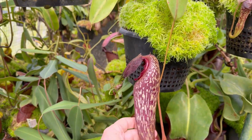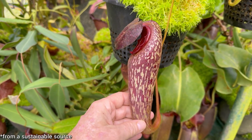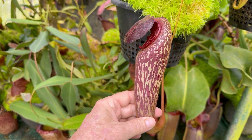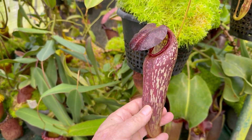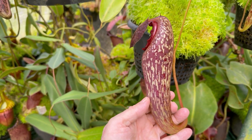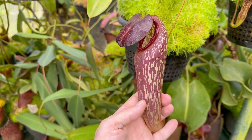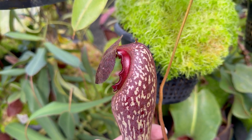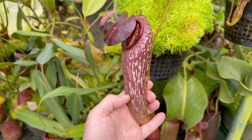If you've got one that looks like this, it is true klossii. We were fortunate enough to be the first to introduce this species to cultivation some years ago. And as we raised the clones that we had, we recognized that some of them are not coming out true. So we waited a long time until we had a clone, which is this clone, that we were certain completely fulfilled the type description. And this one is released occasionally under